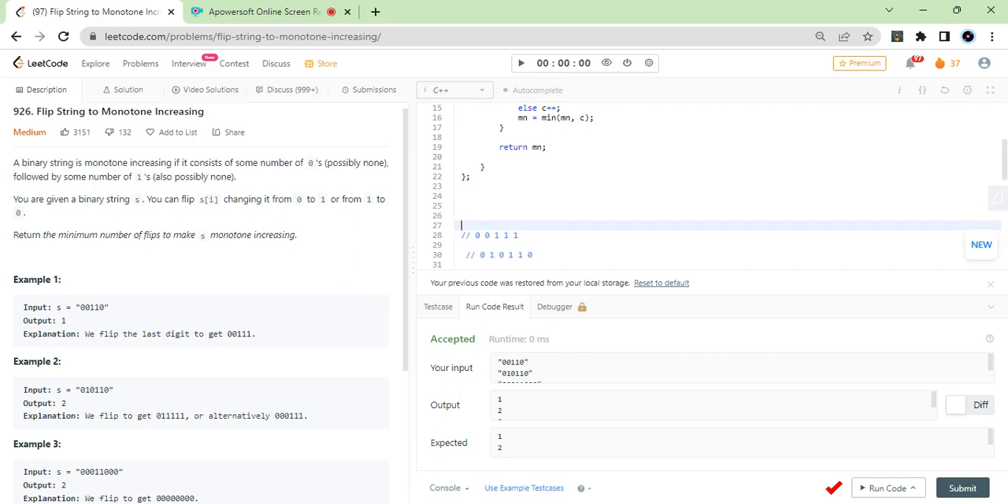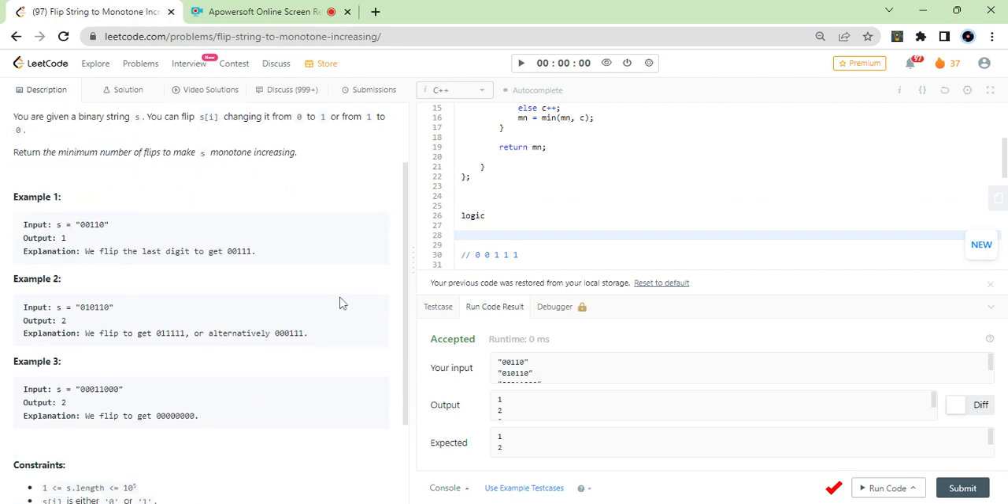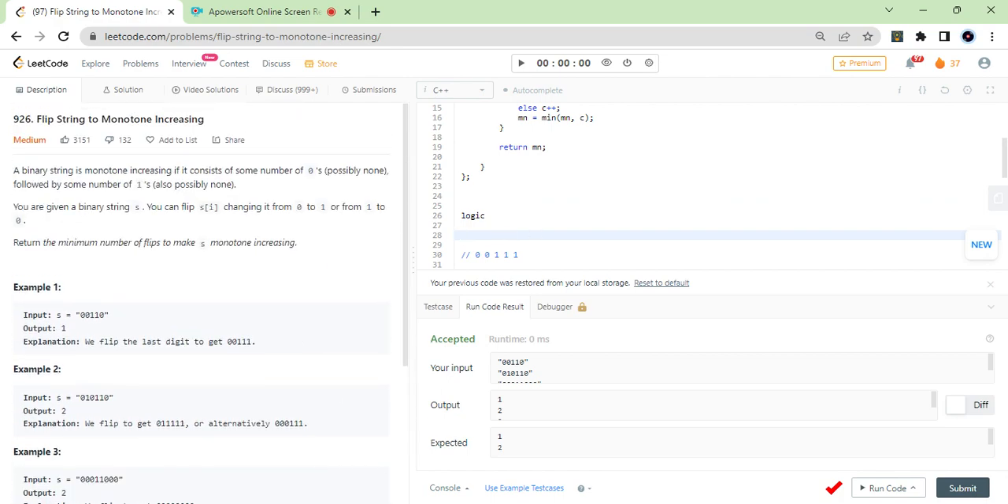So now let's talk about the logic. The logic for this problem is simple and straightforward: you will be going over all the possible monotonically increasing strings, and still you can do it in O of n time. Why? The reasoning is very short and simple. How many monotonically increasing strings are possible? If your original string length is n,